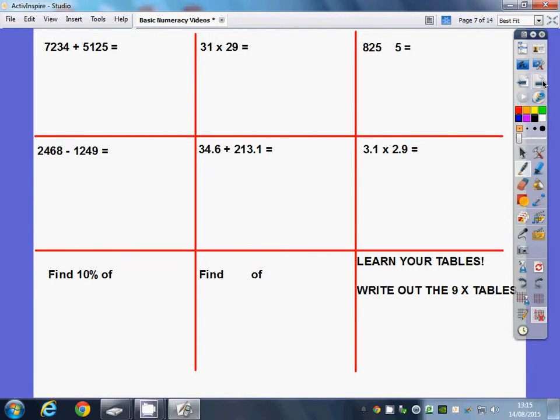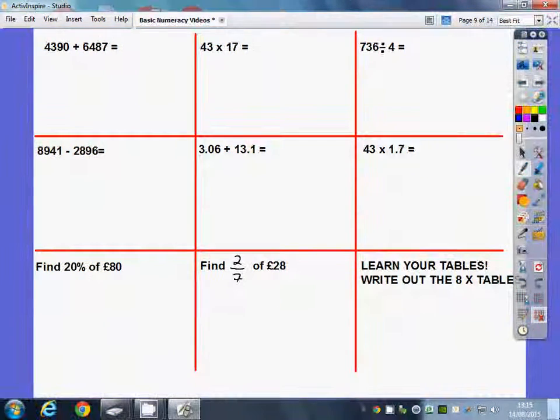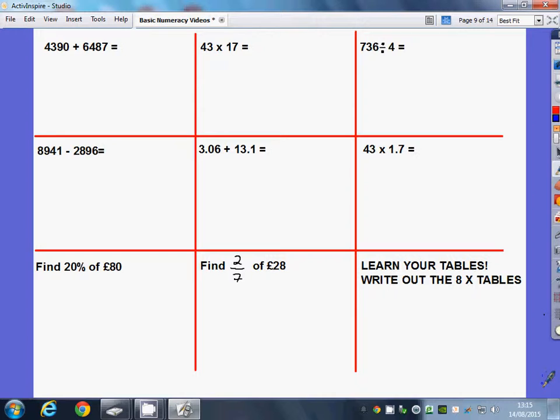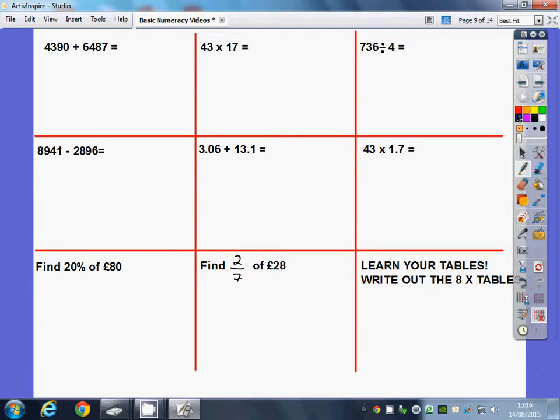So the ones we're going to look at today are on the screen for you now. What I recommend that you do is press pause, try all 9. Once you've done that, then press play. Okay, so hopefully you've had plenty of time and you are fairly confident with most of these. I'm now going to work through the answers for you and focus on each of the methods as we go through. So the first one